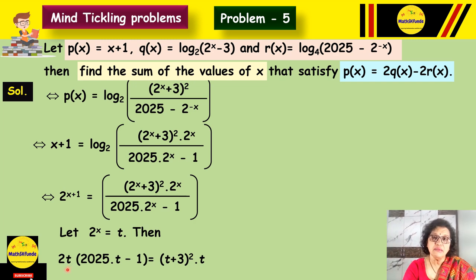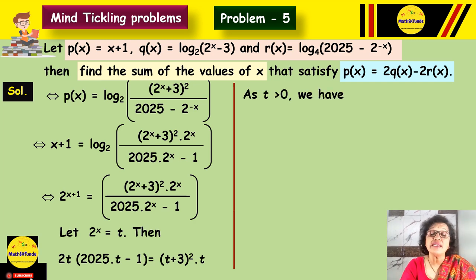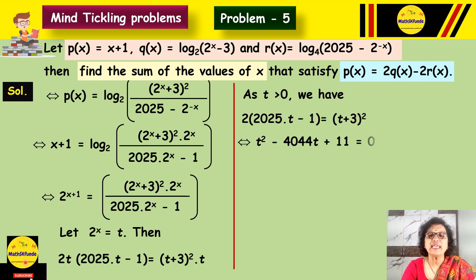Now obviously all of you must be jumping to cancel this t with this right hand side t. But before doing this, please understand you have to make sure that t is not 0. Yes, t is greater than 0. Why is t greater than 0? Because t is 2 raised to x, and 2 raised to x means this is an exponential quantity, and every exponential quantity is a positive quantity. That would never be 0. So I can cancel t, and I will finally get one quadratic equation, that is t square minus 4044t plus